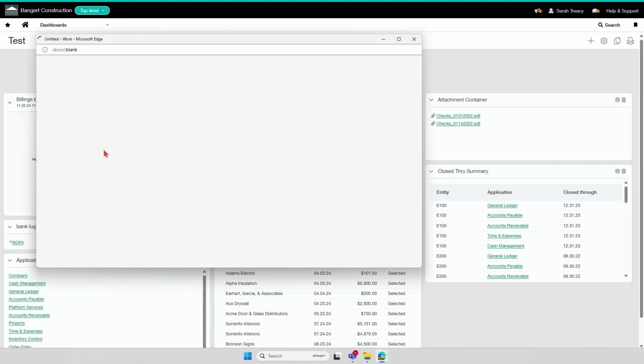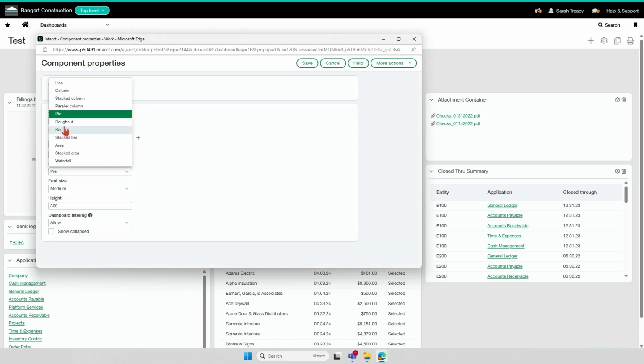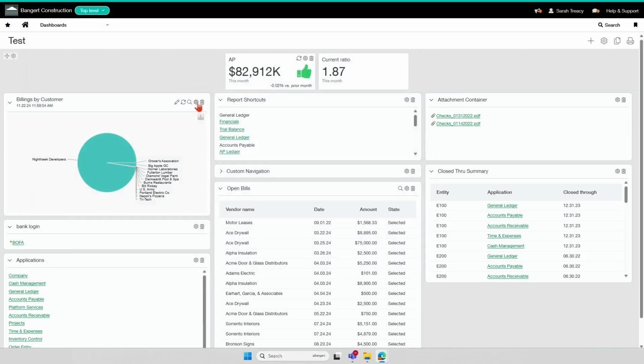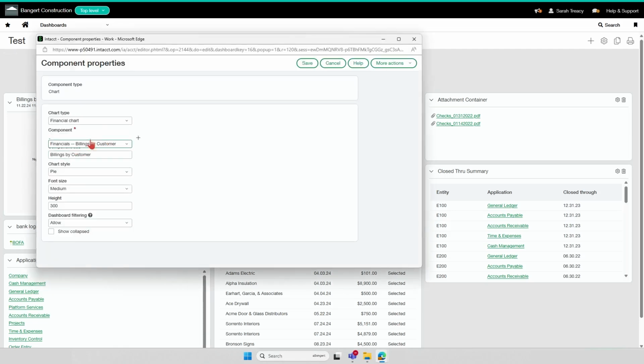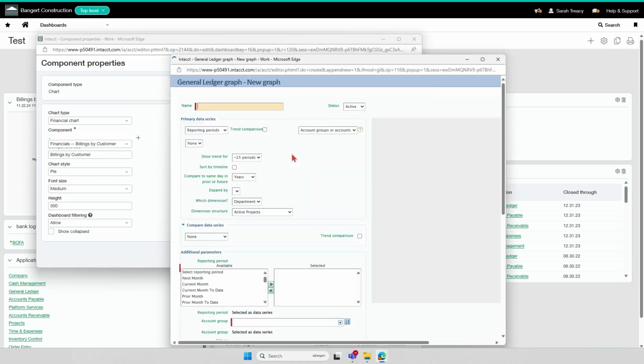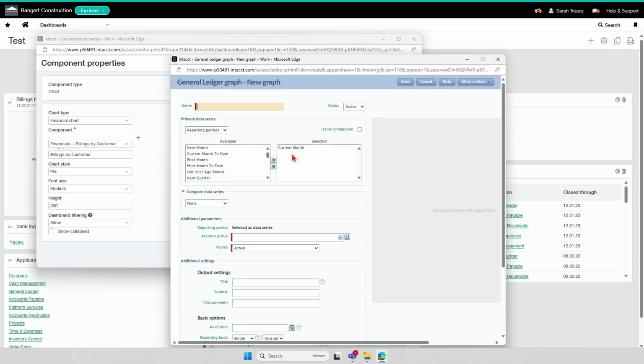So, obviously you could play around with the different chart styles to pick whichever one makes the most sense for how you want to view it. So that's setting up your charts. You can also select to create these charts on the fly. Another thing that I don't recommend doing.